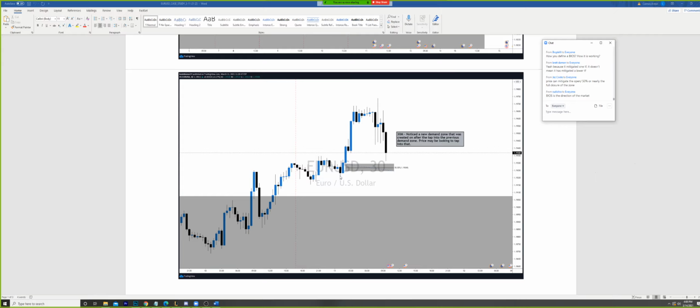Instead of using this last down move right here that has been mitigated, as you can see with this move here, he used the actual mitigation before the continuation. So this on its own is what you can call demand zone 2.0 if you'd like to, but it's a wick, and he used the 50% of that. 30-minute, notice the new demand zone that was created after the tap into the previous demand zone, exactly. So like I said, price may be looking to tap into that. So again, he doesn't know if the tap into it is going to happen, first of all, and he also does not know if when we tap into it, we are going to meet higher prices.